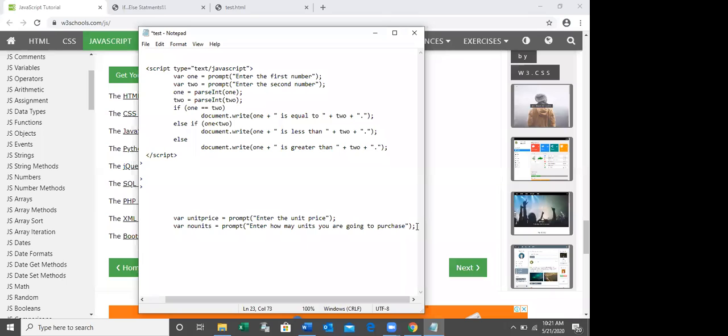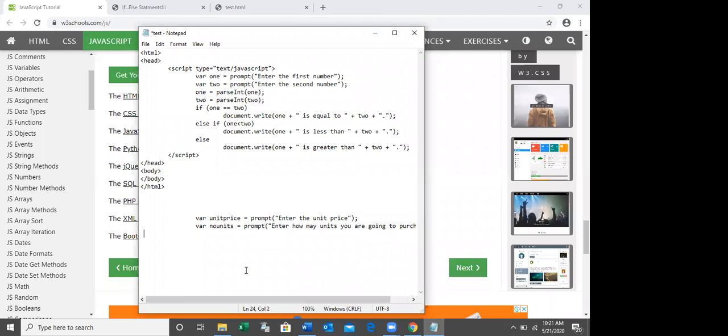Then based on that, we have to convert these two as integers, because the number of units and the unit price are text when we get the value from the end user. So parseInt, I'm going to convert this unit price to an integer value.